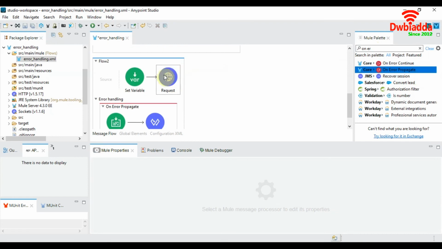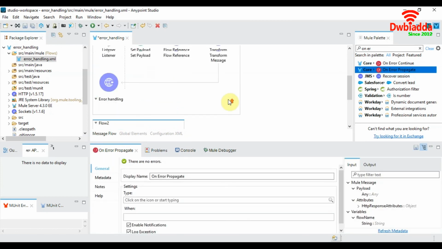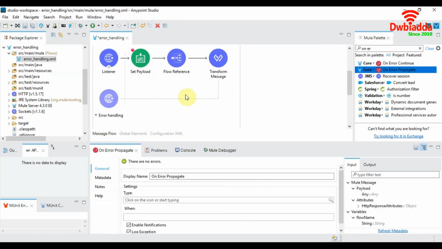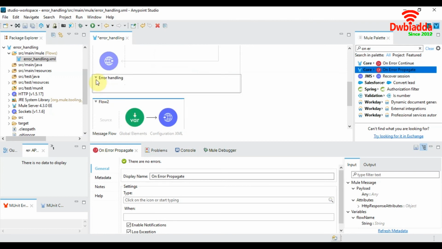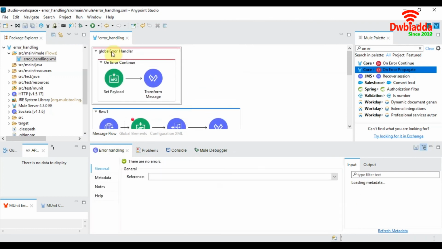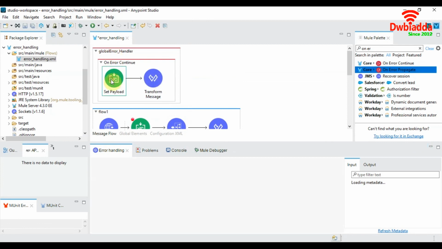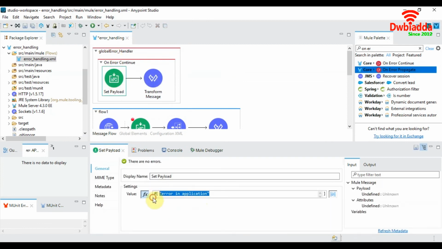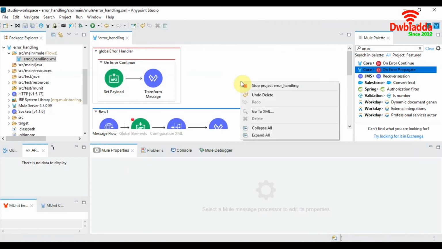So the request component in the flow 2 will throw an error which should be thrown back by our on error propagate scope to the calling flow. And since we do not have an error handling scope in our flow 1, the error thrown should be caught by the global error handler and the message saying error in application should be returned back to our browser.